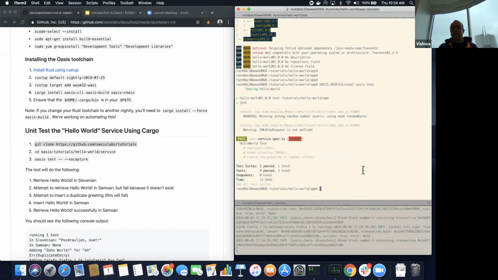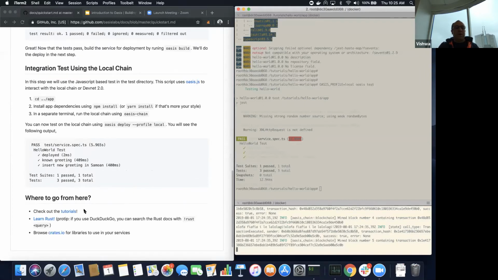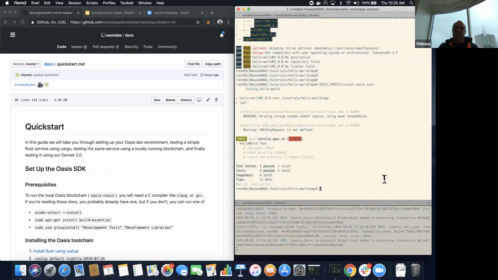And then once you test it successfully on the local chain, you can deploy it on DevNet. And then you should have absolutely no problems. If it works on the local chain, then it should work on DevNet. So we expect that we will have DevNet available for you to use by the beginning of next week. And then we can take it from there, and we'll make a bunch of documentation available. Yeah, I think that is pretty much it at this point.